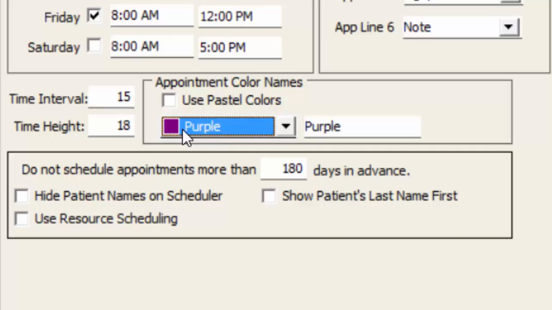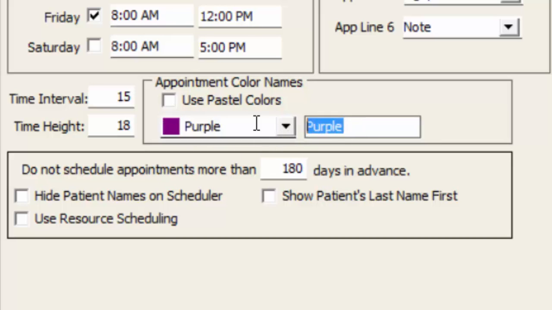So it's a nice visual cue without having to read the details on each appointment or open up each appointment to find out what the nature of that appointment is. The appointment color only sticks to that one individual appointment, so the scheduler could have an array of colors on it. The way you set a master list of colors is by choosing the color, and off to the side,